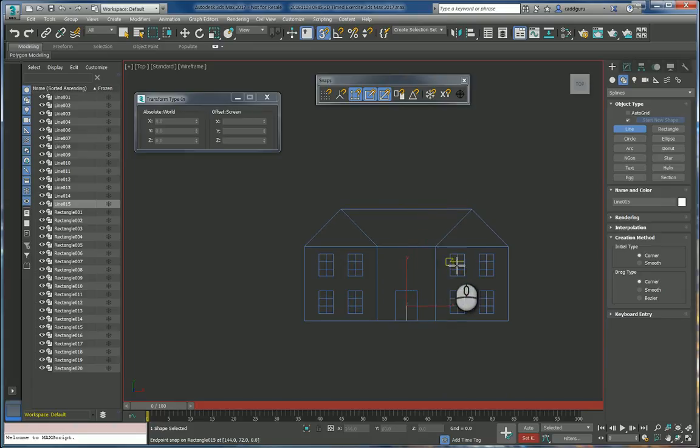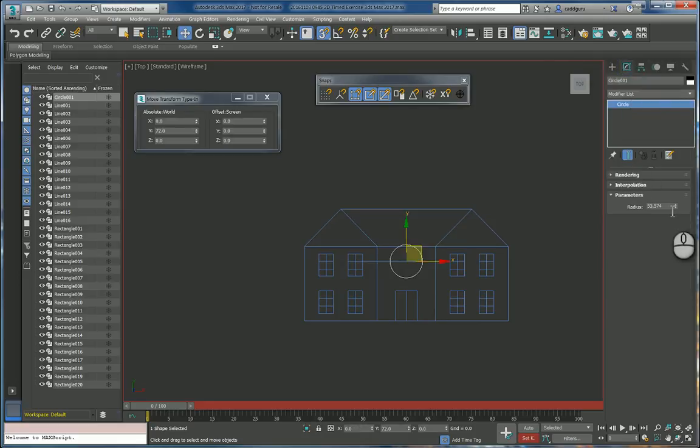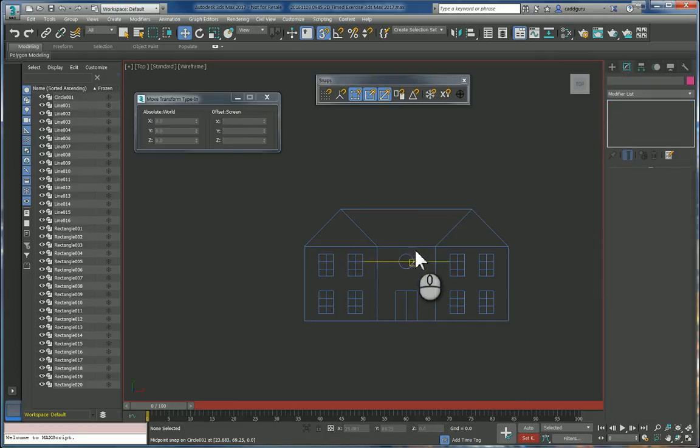Okay, right click, and then we need an auxiliary line from here to here. Right click, and then we need a circle from the midpoint to here, and then okay, from here to here. Then we're going to go to the modify panel and change the radius to 24 inches. Okay, and then we'll select this line,